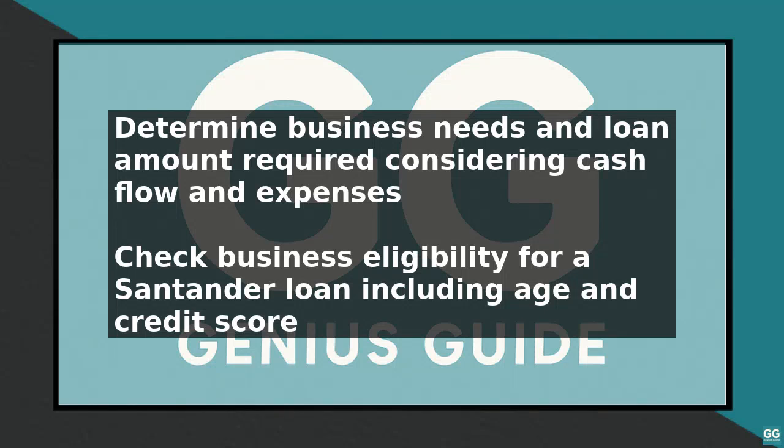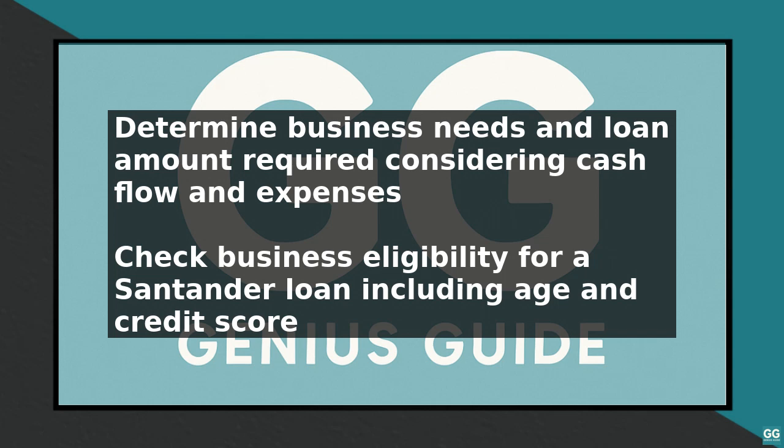To apply for a Santander business loan, follow these steps. First, determine your business needs and the loan amount required, considering factors such as cash flow, expenses, and growth plans. Check your business eligibility for a Santander loan, ensuring you meet the minimum requirements, including business age, revenue, and credit